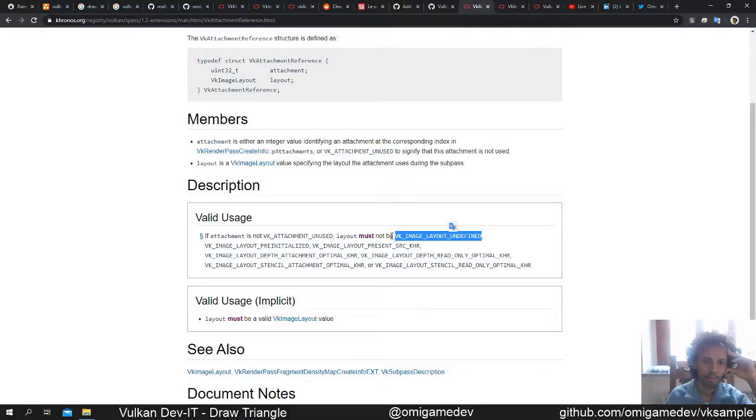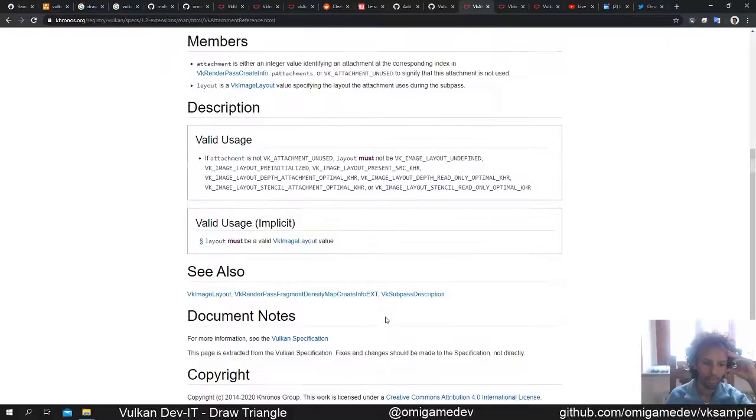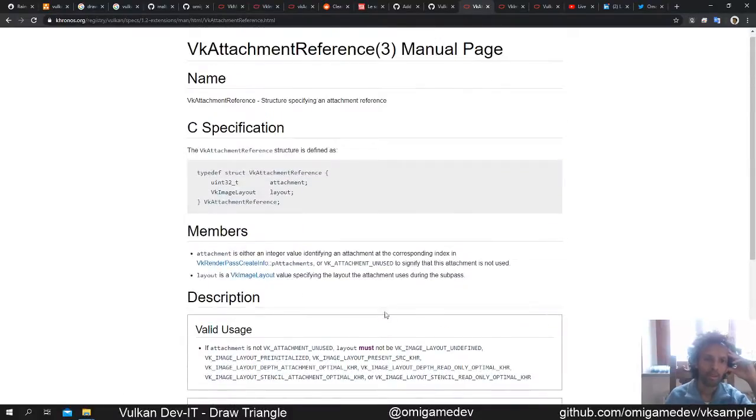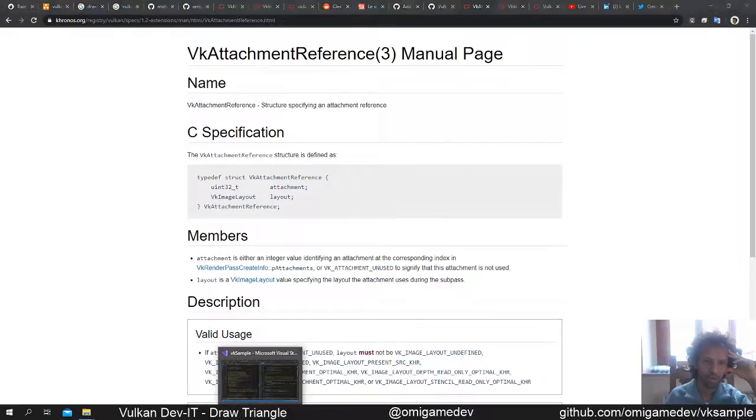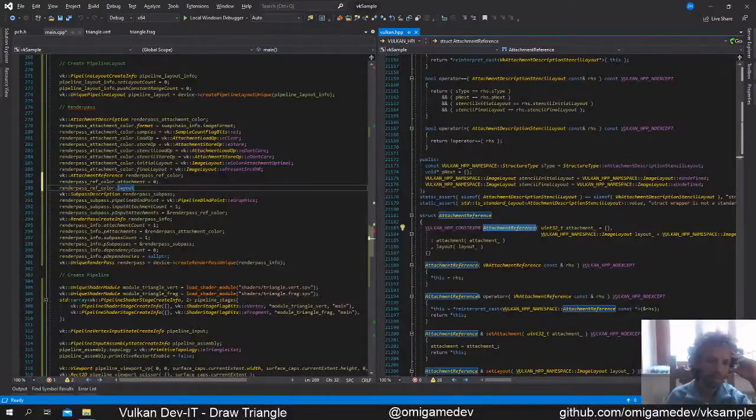It must not be preinitialized, present, or a depth or a stencil layout. It must not be any of these. Okay, not really much about this structure really, but